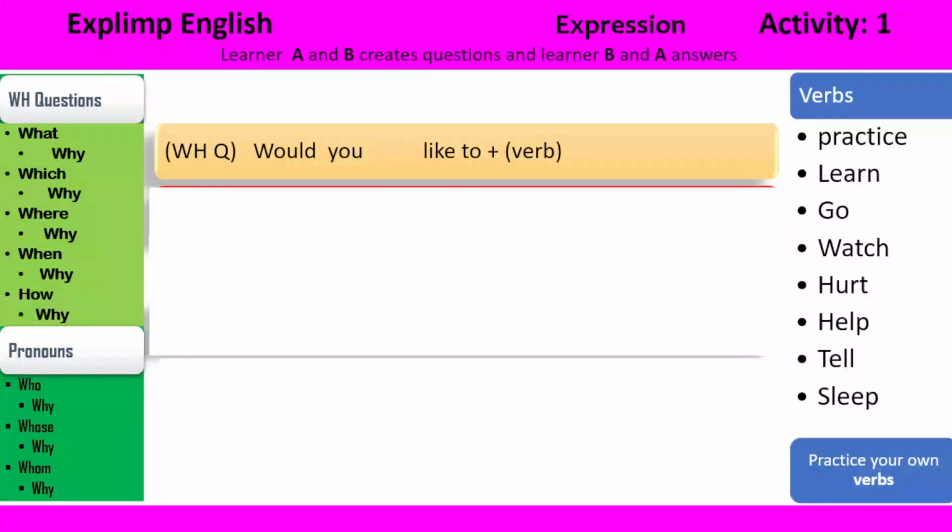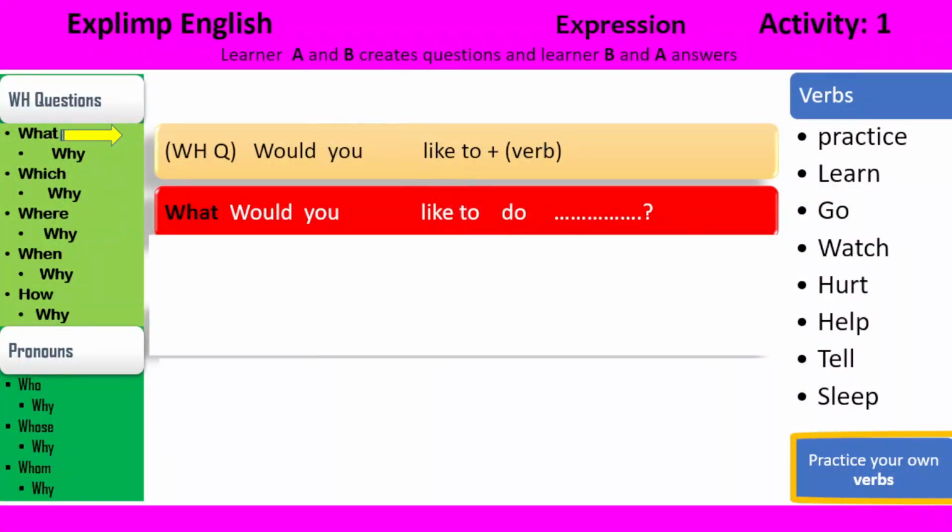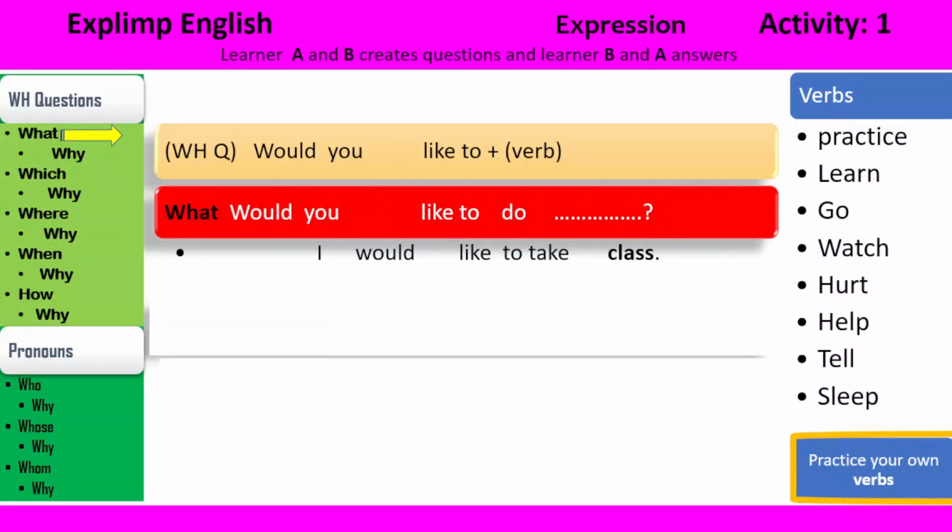What? But this is the verb. Here we have practiced these verbs. We don't want to practice them, and we will pick up our own spontaneous verb. The first one is what. Let's add what. So the question is, what would you like to do? Now after do, you could put the question mark. I put it after the dots because here one thing is missing, which is what would you like to do. So here we would write it. And the answer is I would like to take a class.